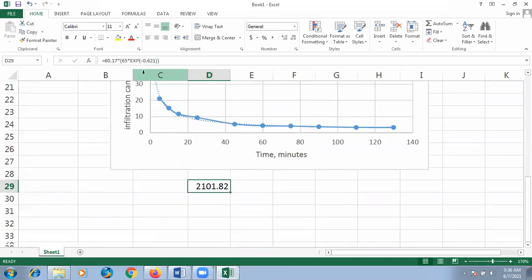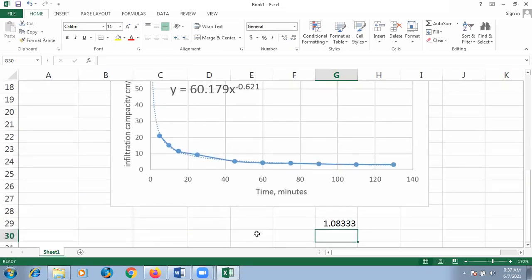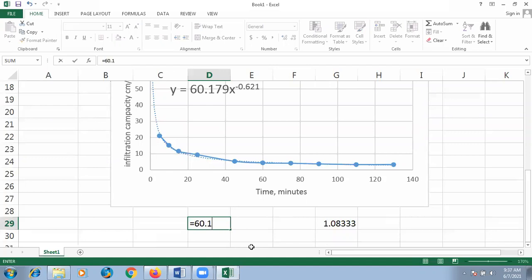60.179 star. In hours, I have to substitute. Sorry, I just made a small mistake because this is taken in hours, right? So I should have taken it as 65 minutes divided by 60, so many hours. This is equal to 60.179 star, in hours I have to indicate 1.08333 star